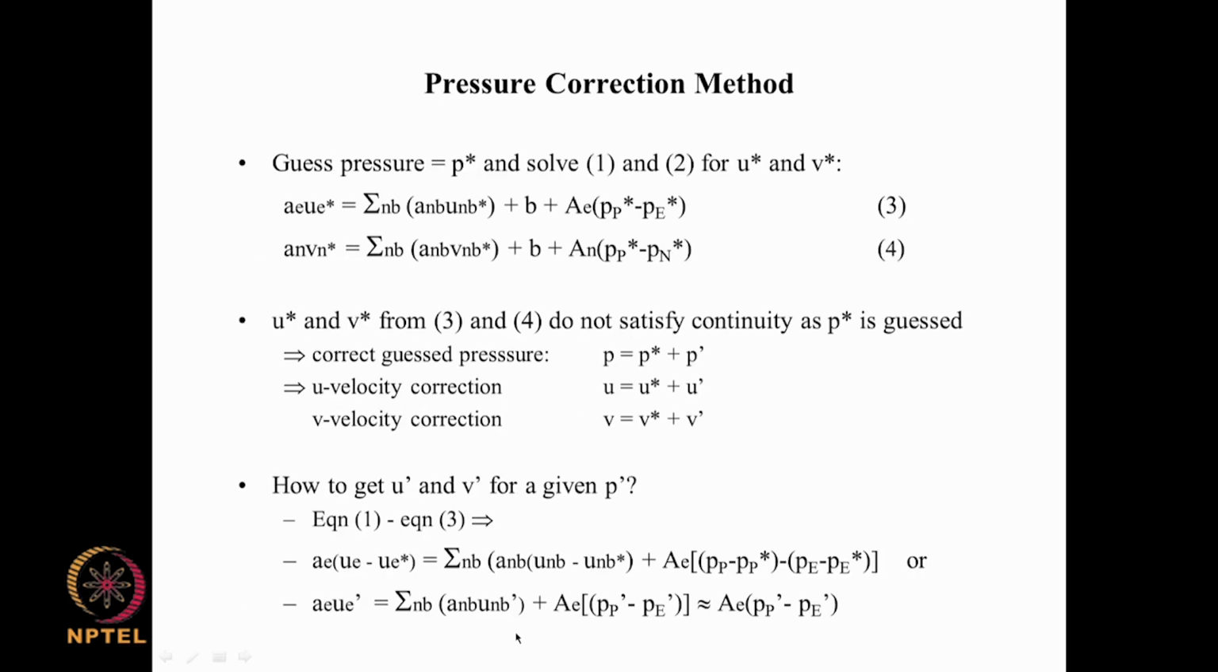If we start with some guess pressure, and if we solve the discretized x momentum and y momentum equations, we get velocities which are consistent with the guessed pressure field. Since it is a guessed pressure field, it is not wholly correct. We denote these provisional velocities as u star and v star. So we start with an assumed pressure field, and then